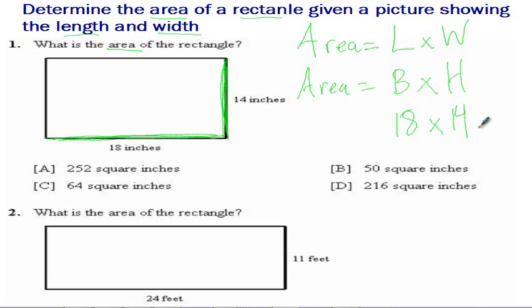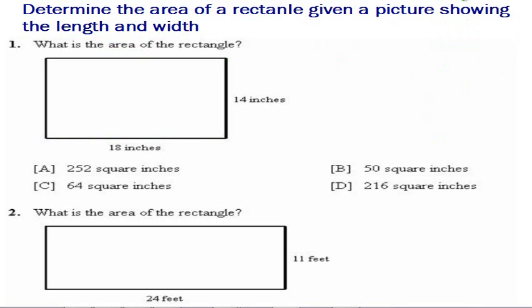So 18 times 14. Ready to do the math? Yes. So we got to do 18 times 14. Can we use lattice? You can use whatever you want. So 18 times 14. Again, area equals length times width, or base times height. 8 times 4 equals 32. 4 times 1 equals 4 plus 3, 7. Now 8 times 1,